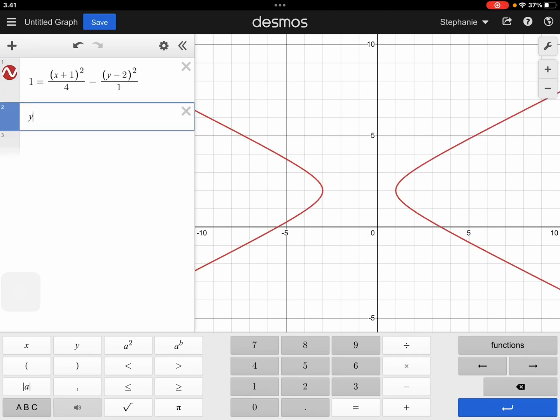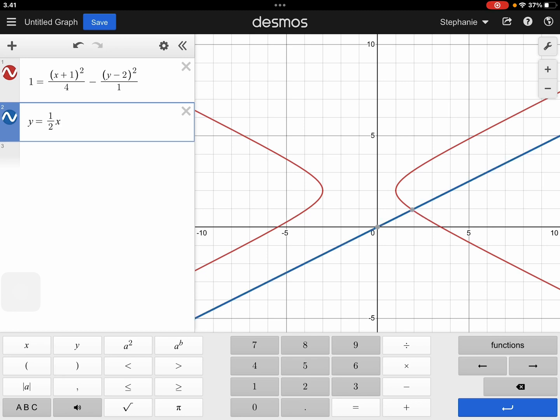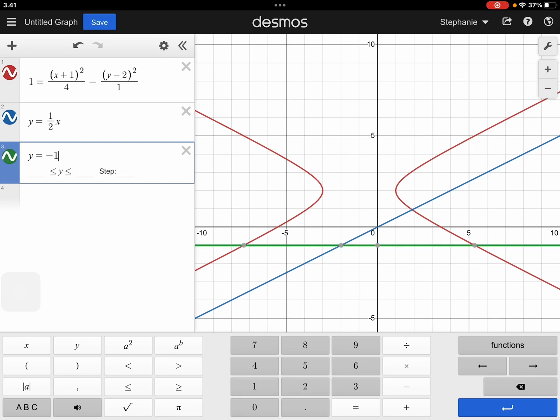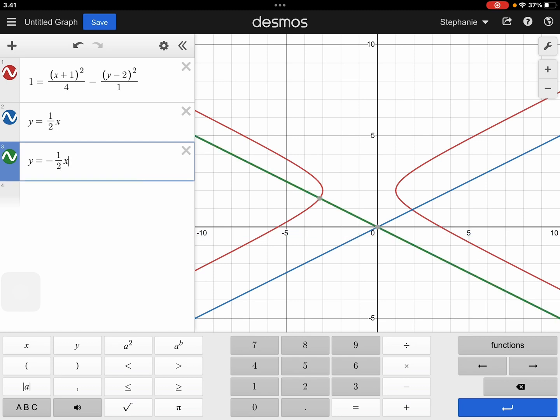And if we graph y equals 1 over 2x, do y'all see how there's a problem there? Do y'all see like the asymptotes are intersecting with the graph? That's not supposed to happen. So like you guessed that,